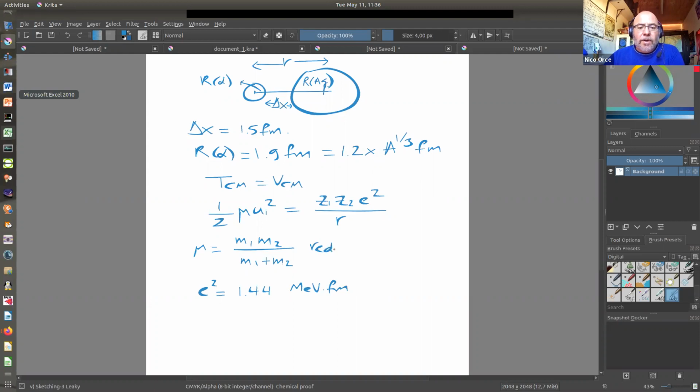You can Google it, the reduced mass, which simplifies the two-body problem, because now we have one mass, and this is one of those simplifications which is very good to use in classical mechanics. So from here we are going to deduce what is R, but we need to know what is u initial. So u initial is given by T lab, now in the lab frame, which is equal to 1/2 of the mass of, in this case, the alpha, times u initial squared, right? This is the velocity squared. So T lab is given